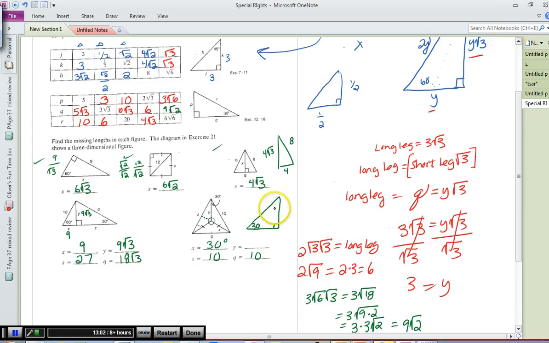30, 60, 90 triangles, where 5 is the short leg. See how 5 must be here and here if one side equals 10. So if 5 is my short side, 10 is my hypotenuse. Oh, but 5 is my long side in this case, isn't it? So if 5 is my long side, then my short side is 5 divided by square root 3. So this is my short leg. And I know that has a difference between short leg and hypotenuse of square root 3. So 5 times the square root 3 divided by square root 3 is 5